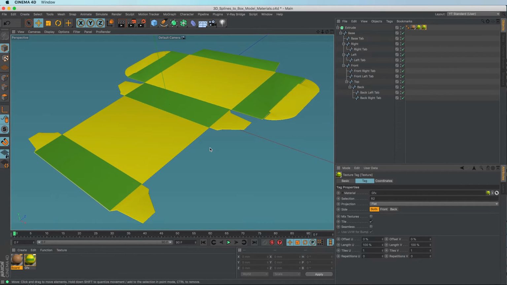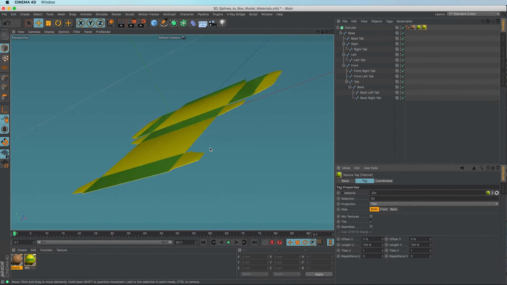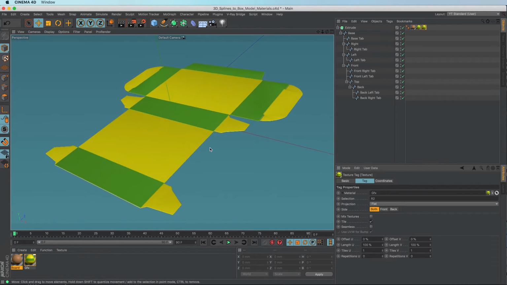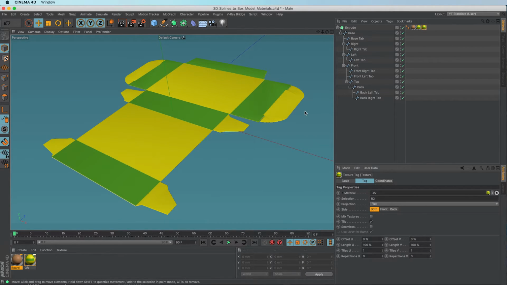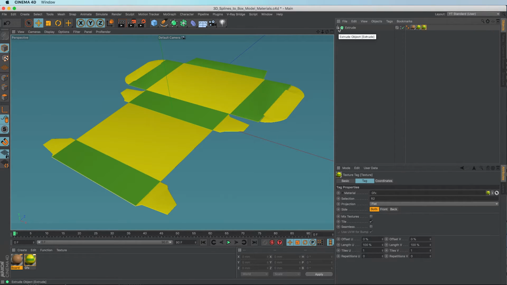We've got the board material underneath, so it's looking a lot more realistic. But we've still got the same problem. If we fold it up, all these textures are going to slide. Now what we do, I'm going to Command S to save that from this point. So what we do